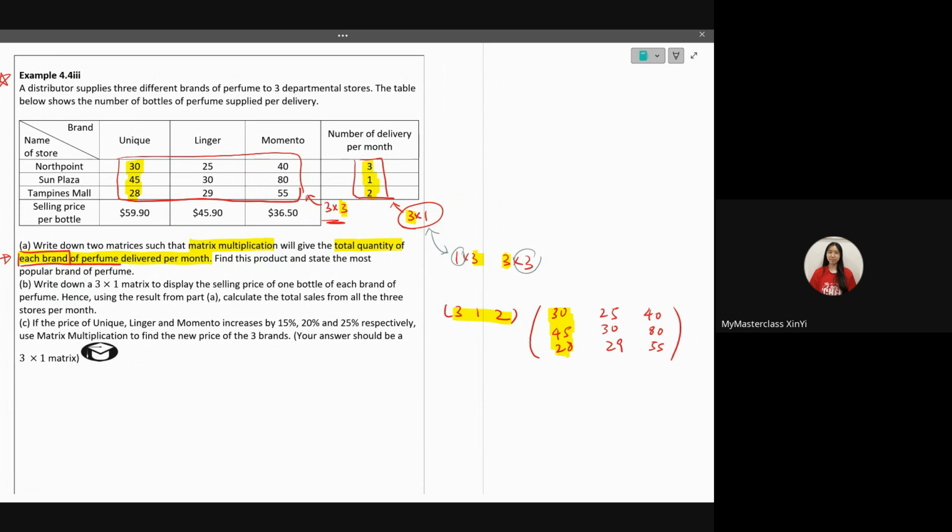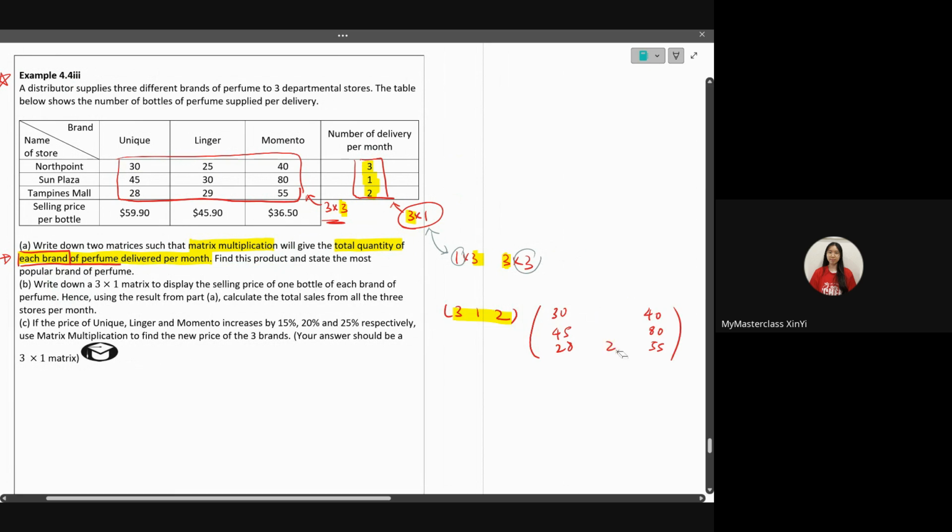Okay, then adding that up, right? So basically, you're finding the total quantity of Unique perfume delivered per month. And then when you take this first row multiplied to this second column, then you are basically finding the total quantity of Linger perfume delivered per month. And then lastly, for the first row,